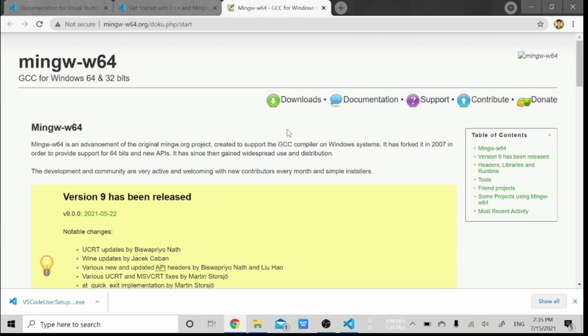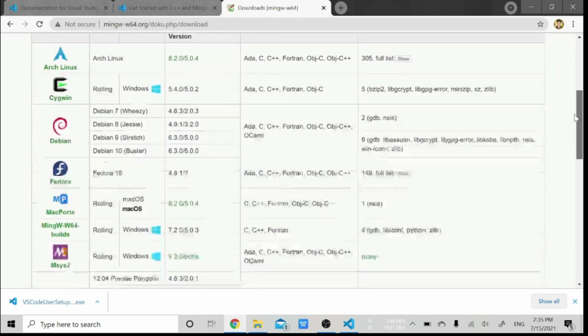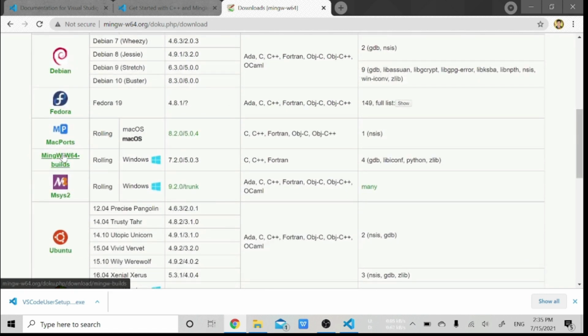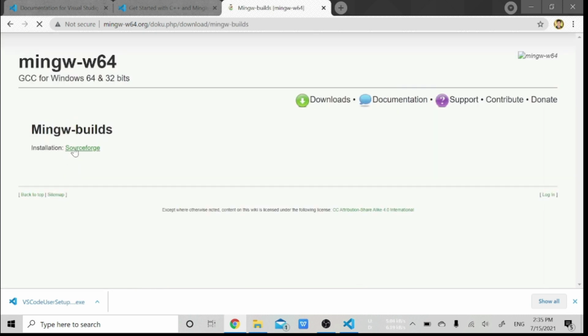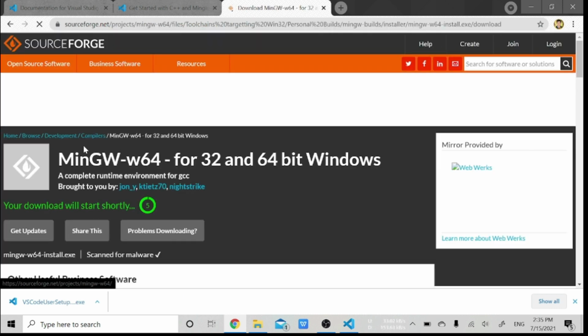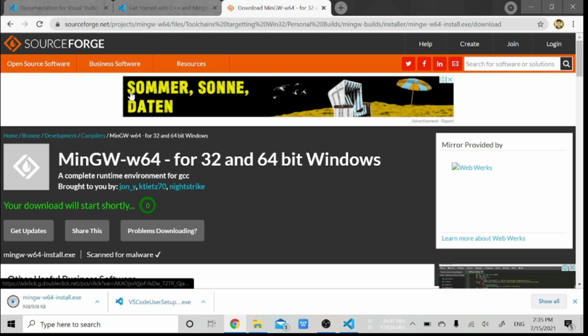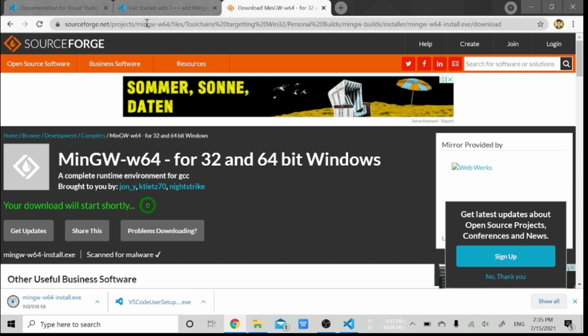Click on downloads, then go down and search for MinGW for Windows and click on it. Here it is showing the redirection for the source code. Click on it, and it will download automatically. Don't worry, I will provide you this link so that it is easy for you, right?